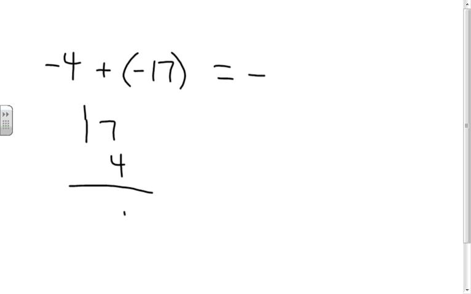17 plus 4 is 21. So my answer is negative 21. That's adding. If they're both positive, you guys know how to do that. This is both negative. Let's just look at one more just to be safe. Let's do negative 4 plus